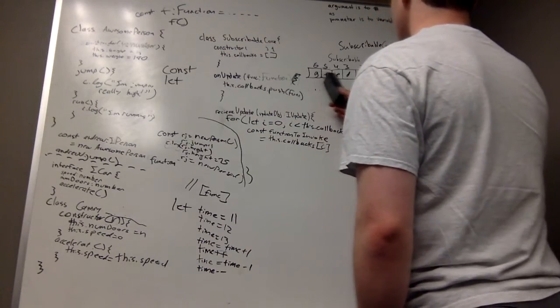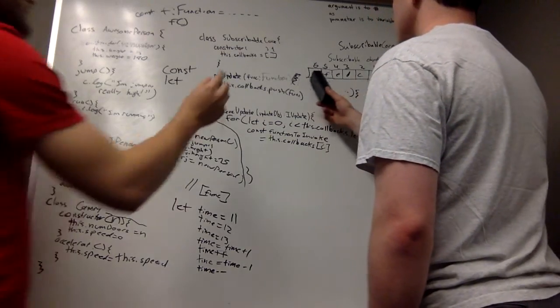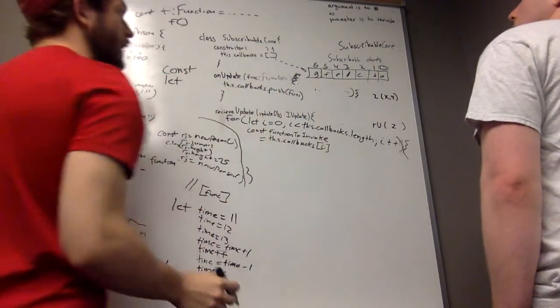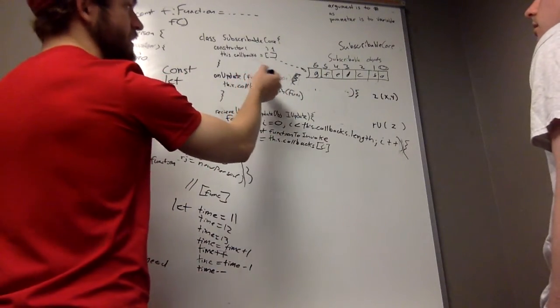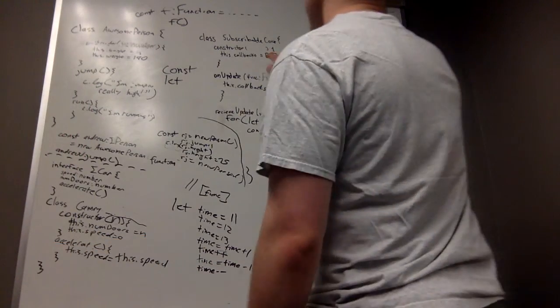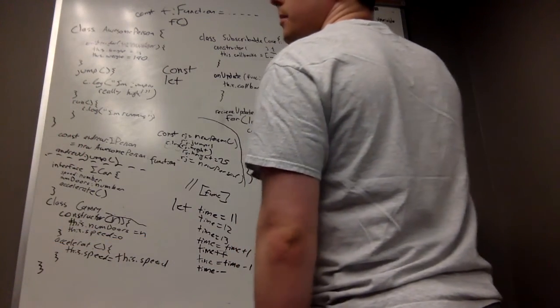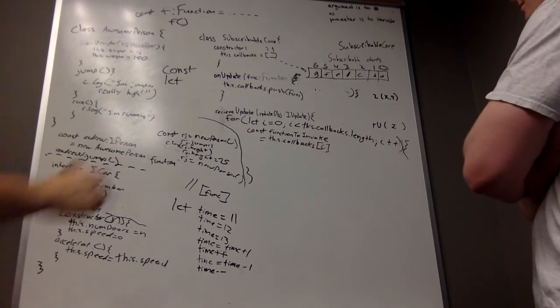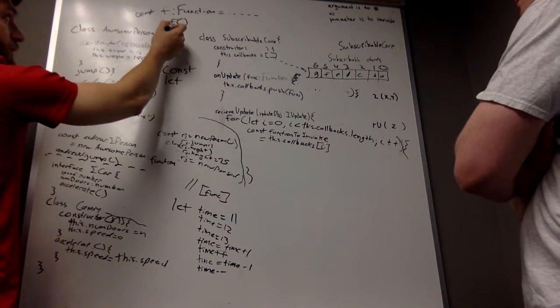Because this is the subscribable core? Or this is the list of callbacks. After we called it seven times, each of these would be listed in here, like A, comma B, comma C, comma D. Exactly. Okay, cool. So remember, the way you call a function, the way you invoke a function, is by